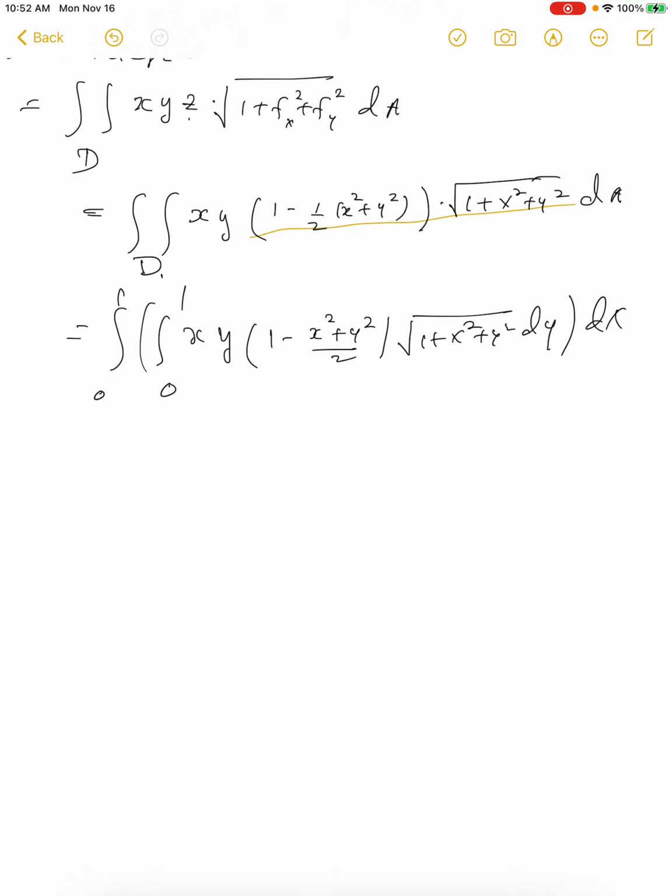Now integrating with respect to y will test us a little bit, isn't it? So this will be integral 0 to 1 xy times root 1 plus x square plus y square dy then dx